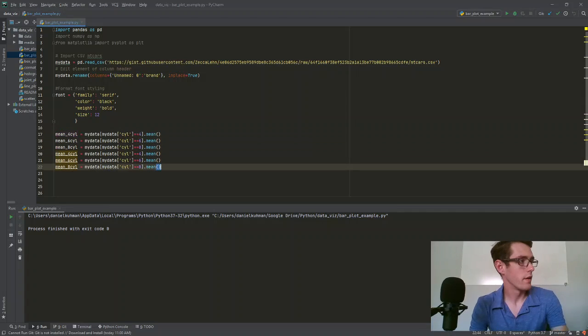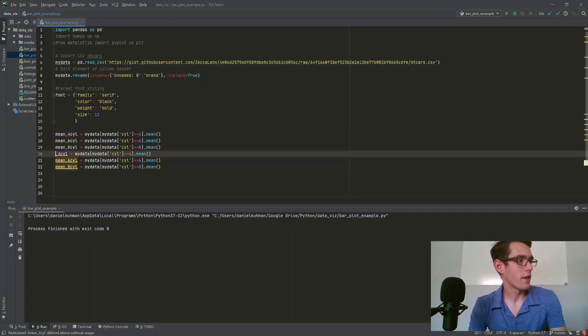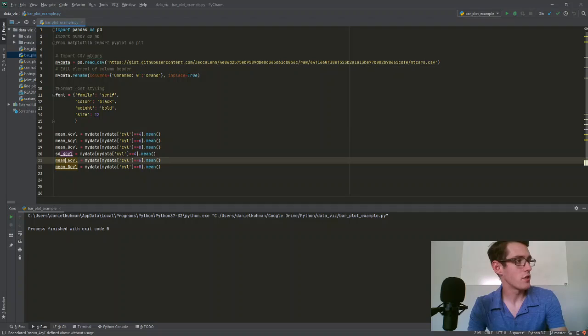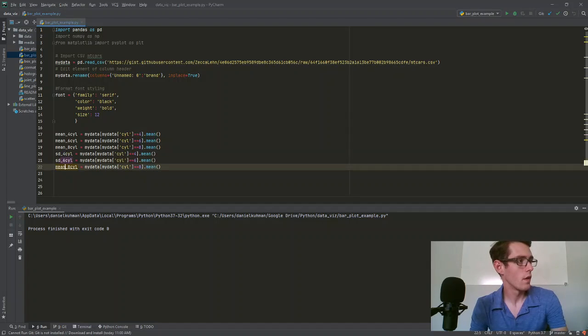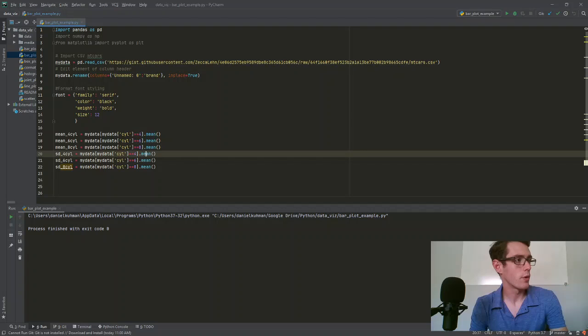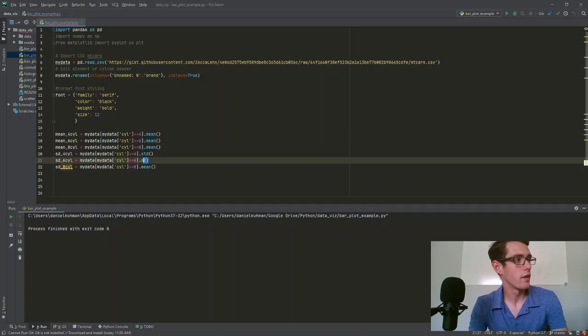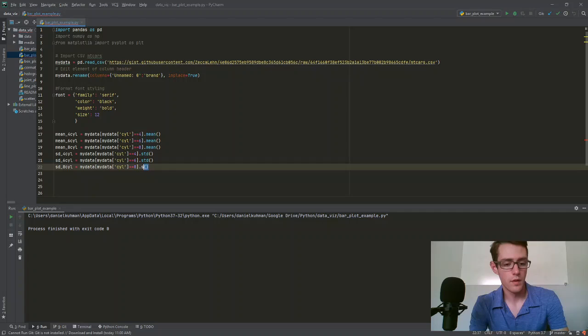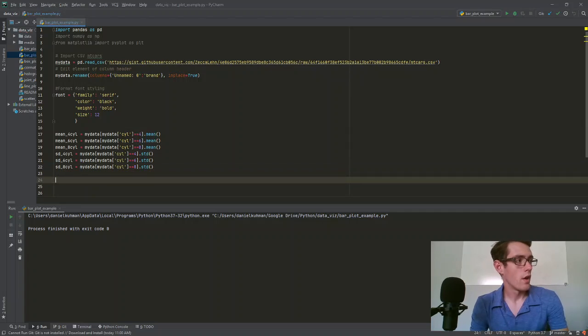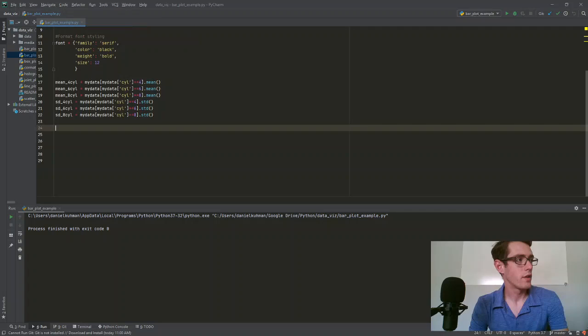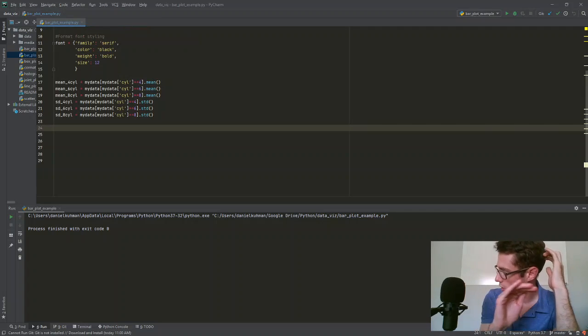come down here and paste them again, and instead of mean I'm going to call these SD, so I'm going to be finding the standard deviations here. Okay, and then we have to come over here, of course, and change this mean to STD. Same thing here, STD. Okay, now this is going to give us the mean and the standard deviation of all columns based on